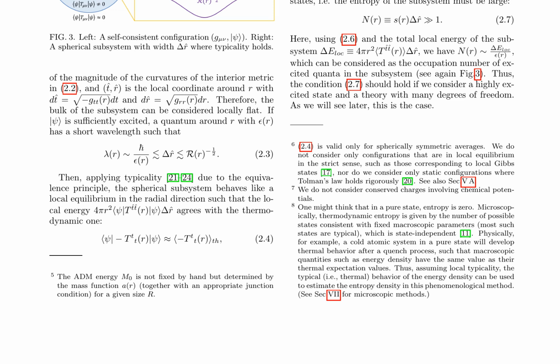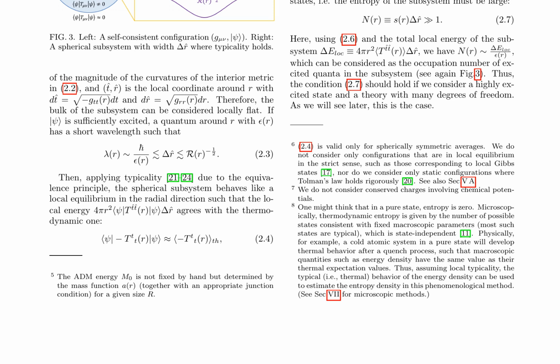N(R) is defined as S(R) much greater than 1. This condition is fulfilled for highly excited states and theories with many degrees of freedom, featuring a large occupation number of excited quanta. The typicality-based evaluation is restricted to spherically symmetric averages and does not require strict local equilibrium or